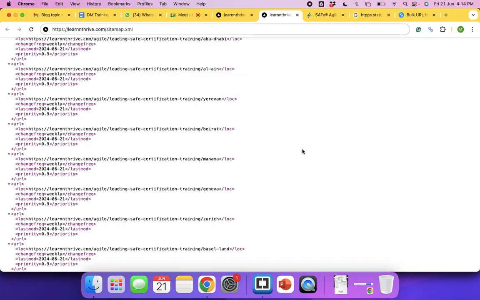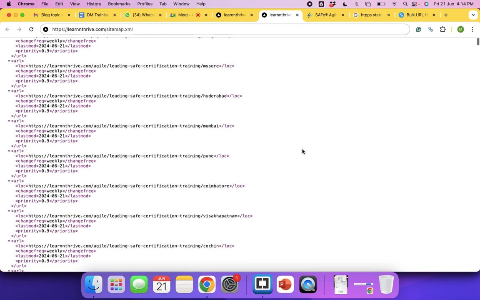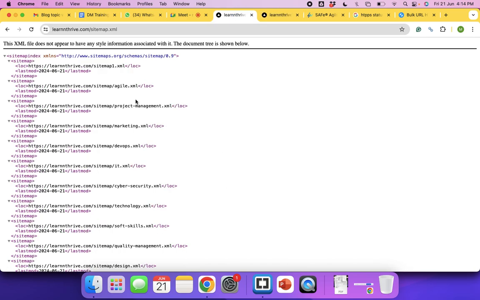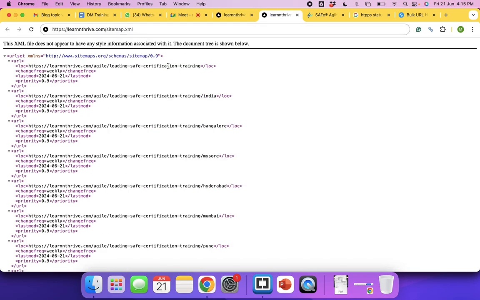Your sitemap.xml will straight away look something like this. See, if you look at this, there is a difference between this sitemap and this. Correct? Clear? There's a huge difference between this sitemap and this sitemap. This is the parent sitemap. This is just a list of all the child sitemaps. Correct? And now here, every URL